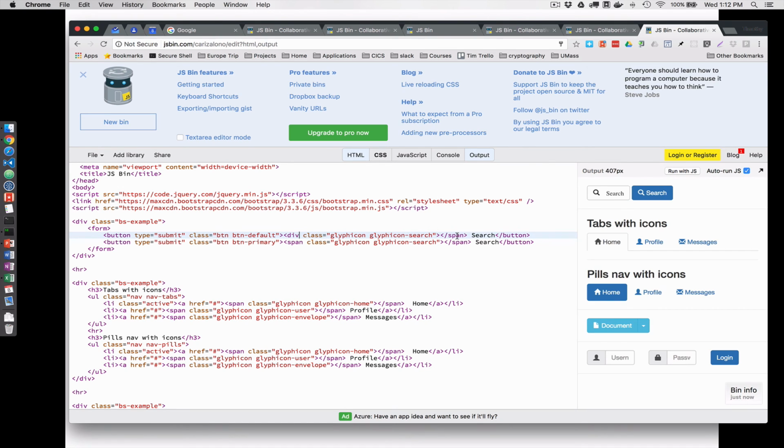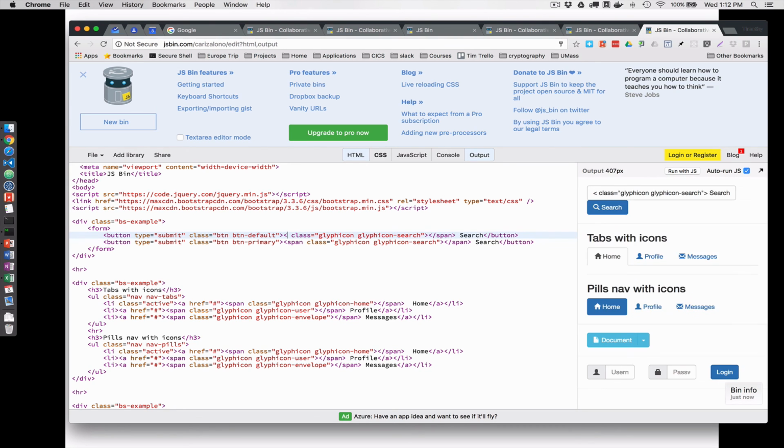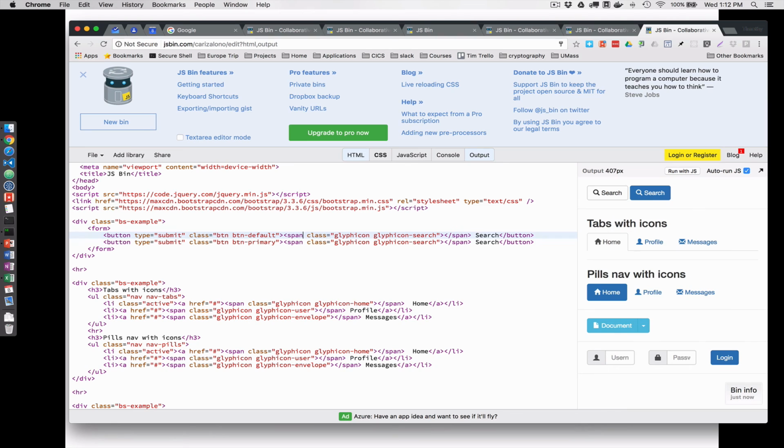I'm not sure what will happen. It still is okay with it, but you really want to be using a span. So as you can see, as part of these JSBin and JSFiddle, you can make changes over here, and it redisplays it over here, which is really useful for playing around with your user interface and using some of the Bootstrap